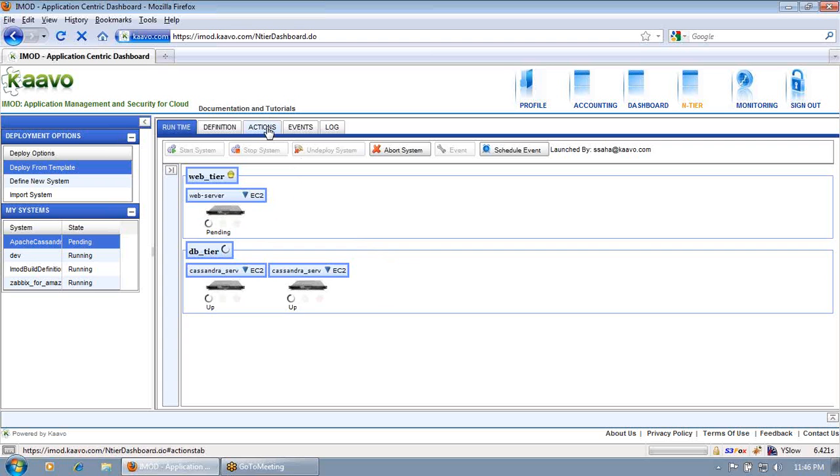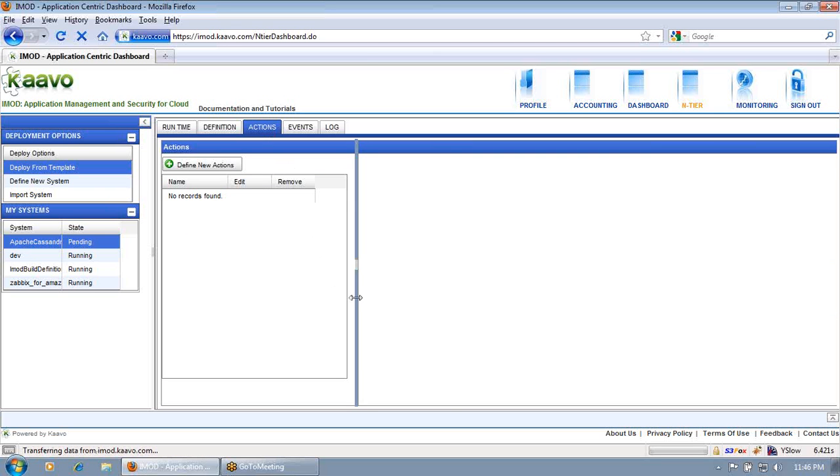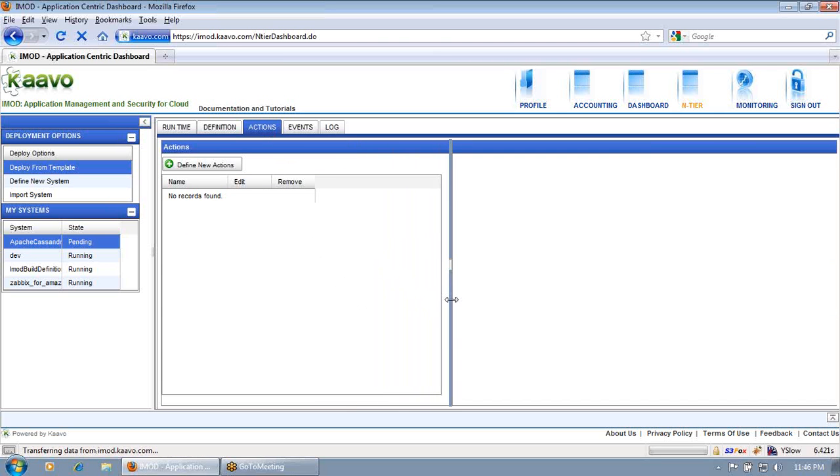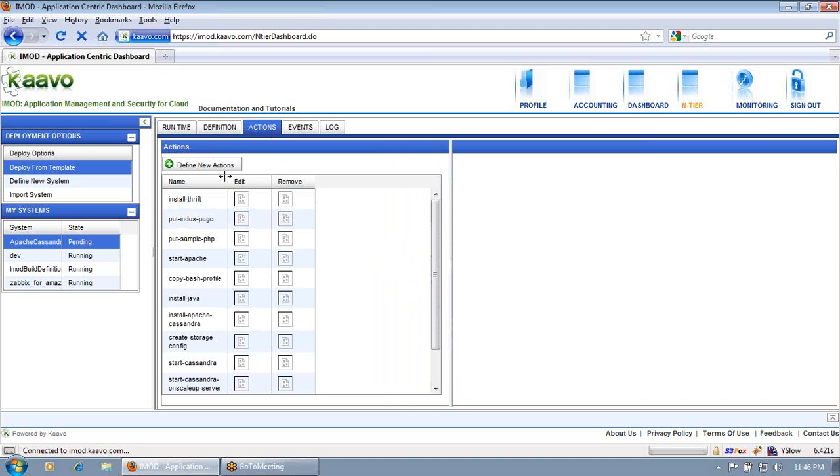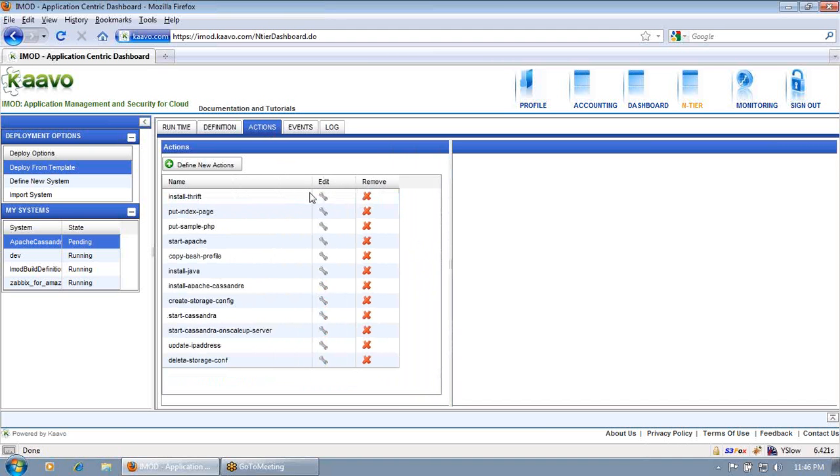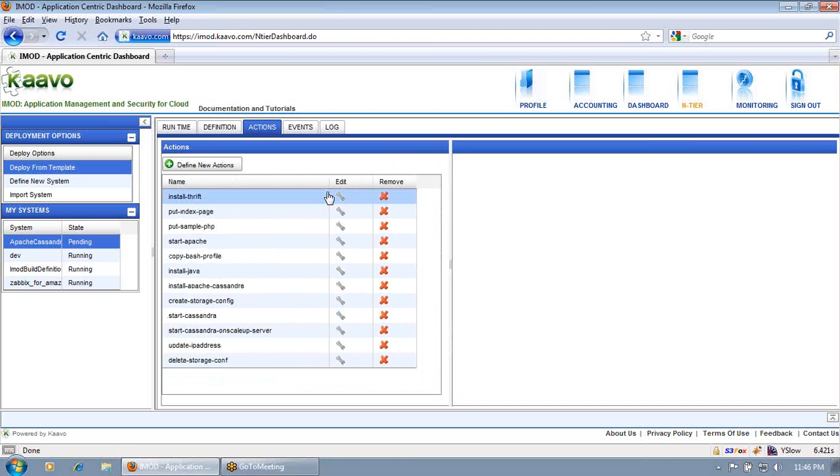So in the action tab, you can see the list of actions which are used in this system. This one is install Java.